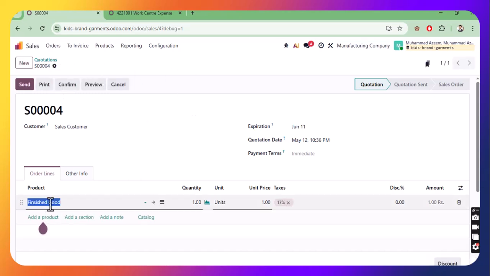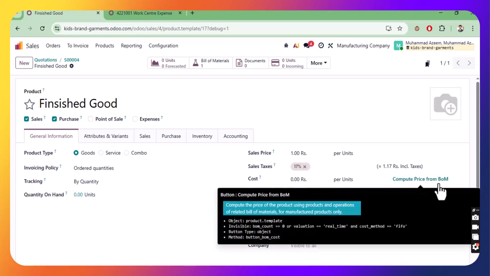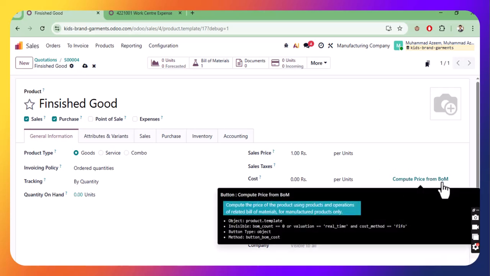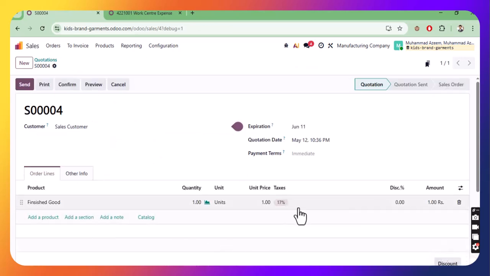Before confirming it, let me go to my product, and here it will ask me to compute the cost from the bill of material. Let me remove the taxes just for simplification. If I click on compute price from BOM, it will calculate the cost of the BOM here. Let me click on it. And the BOM cost is 570, and that price now I will set to 1000. Save it. Back to my sale order, this tax, and its price is 1000. Save this,